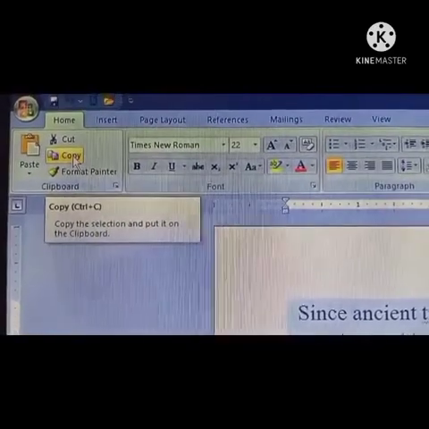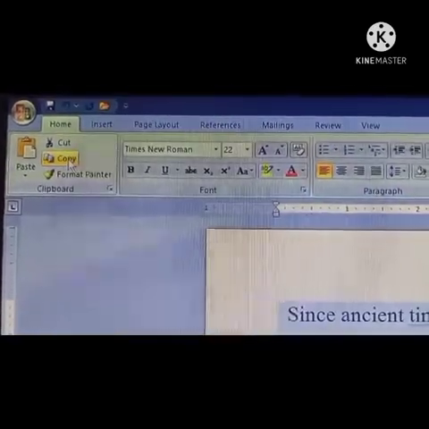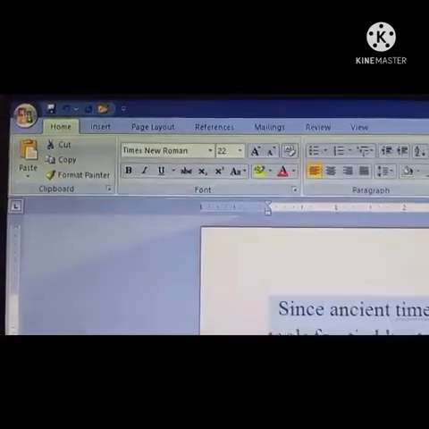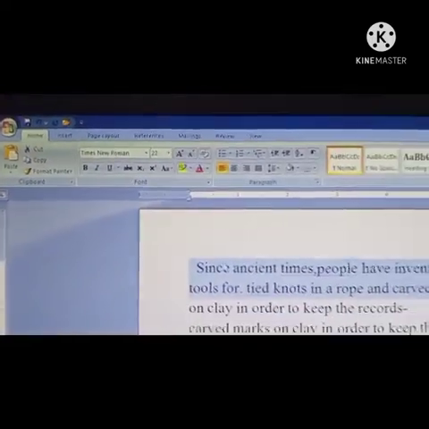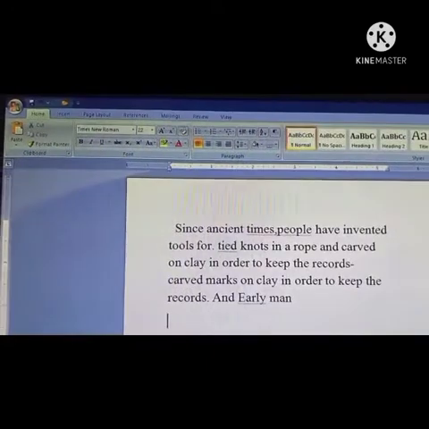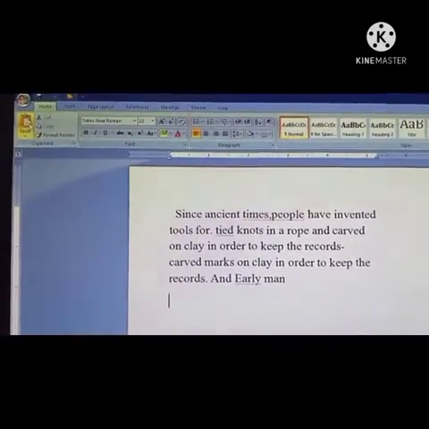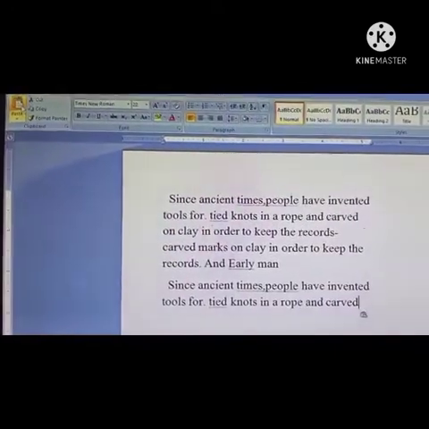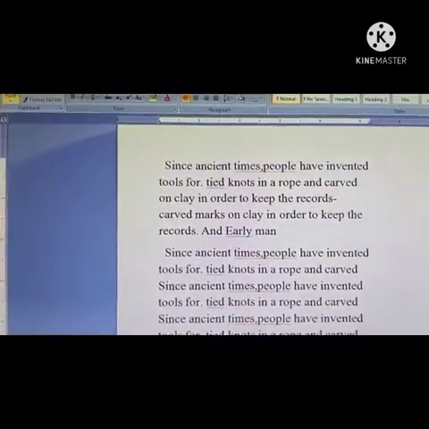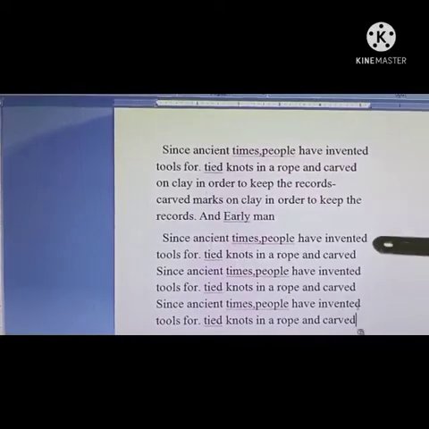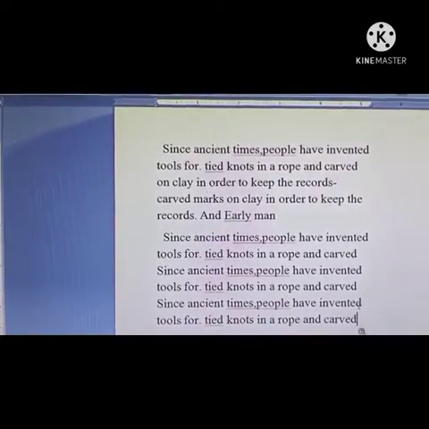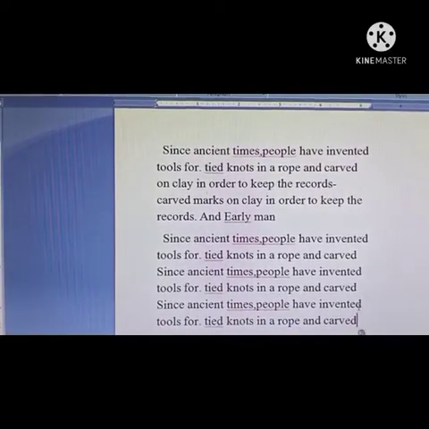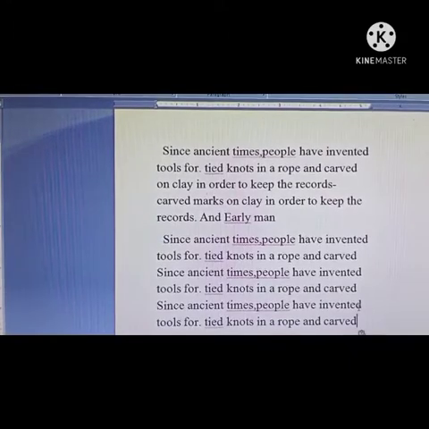Click it here. Okay. And you want these 2 lines here. Then again go to the paste option in the home menu. Click it here. Okay. What you will see children, the lines which you have copied will come here. This is the function of copy and paste option.